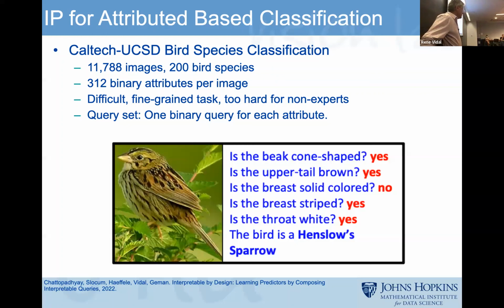So this is the bird example. There are 12,000 images, 200 classes. They come annotated with 300-ish attributes, and we trained attribute classifiers that go from the images to predict these attributes. So that's a starting point. In a sense, we have a query set, and we have classifiers for making predictions for that query set. So given that, we train exactly